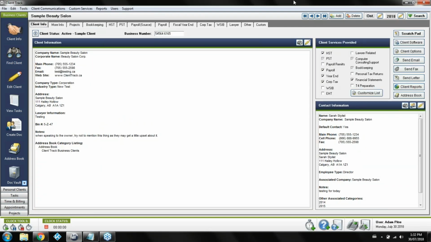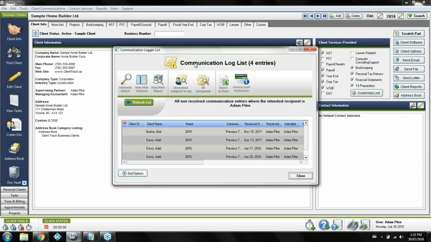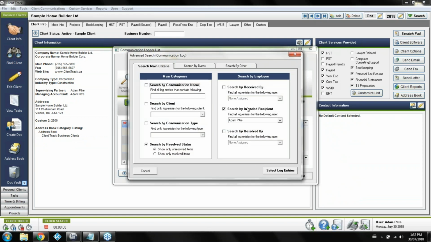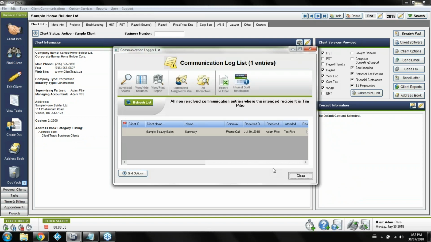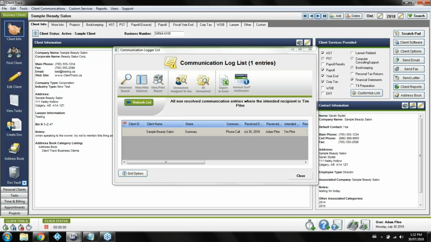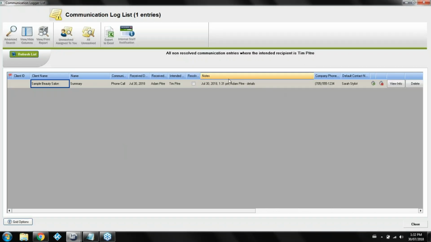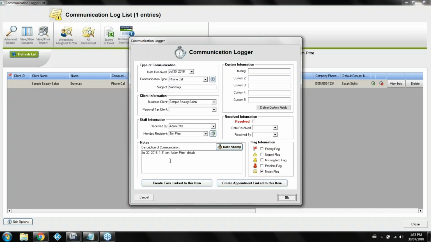So let's say Tim logs into the program and he sees that window come up. We're just going to run a search here for his name by clicking the magnifying glass and telling the search to give me his results. So there's the phone call we gave to him. Now, Tim doesn't necessarily need to be on the correct client's file, but you'll notice in the background he's probably not. In this case, we're looking at the home builder. If you want to go to the right file immediately, in the client name column, just single click that name, and you'll notice in the background, as soon as I click that, it changes to the right file. So he's got their address and phone number and so on. But you'll also notice if we full screen this here, the actual details and phone number are on the item. And then he can click View Info from anywhere in the program to actually open this up